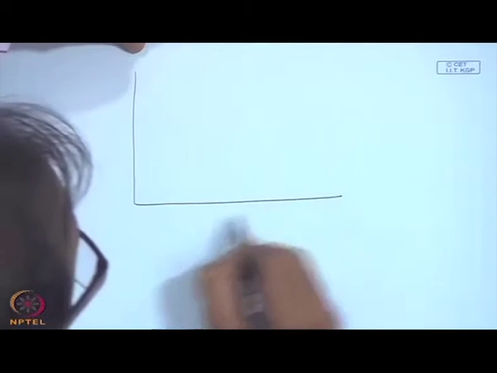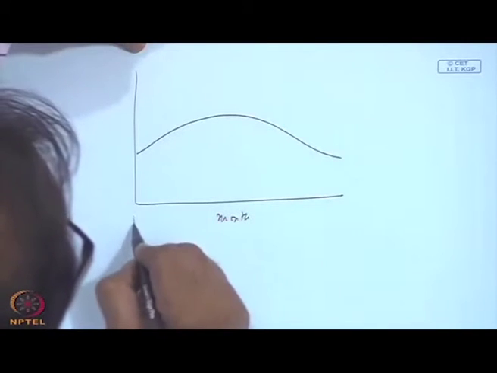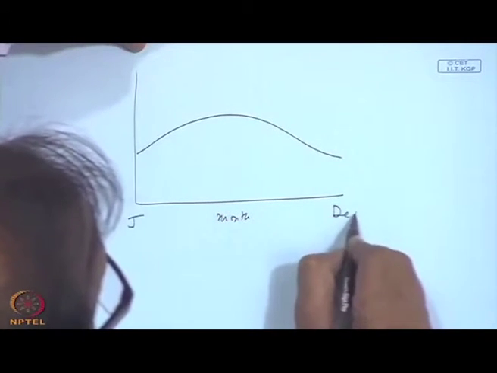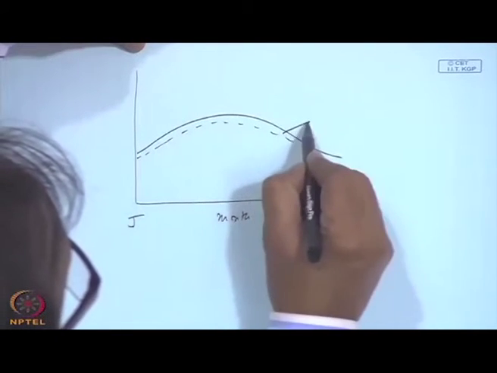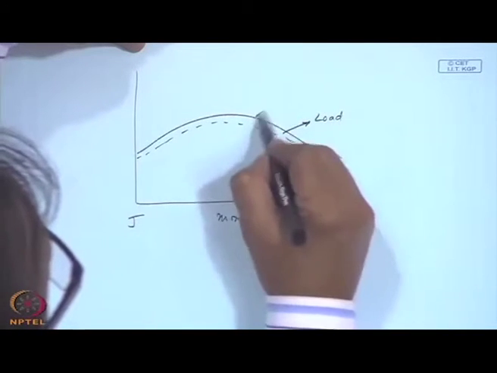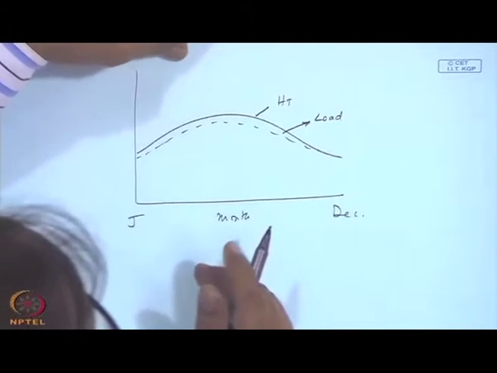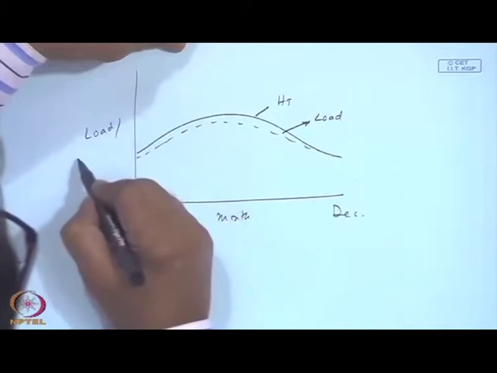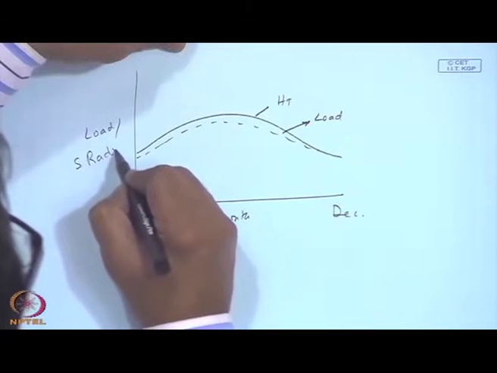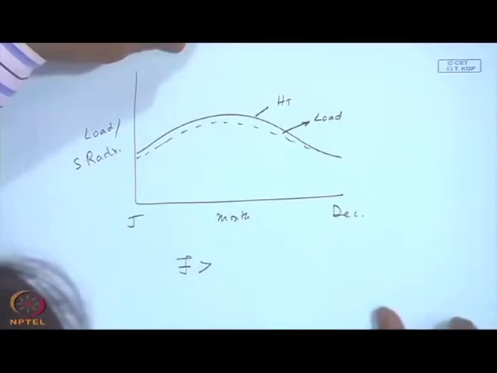So, if my solar radiation over the months, January to December, is typically like this, and my load is following the solar radiation, I can expect this is load or solar radiation. So, my F will be higher compared to